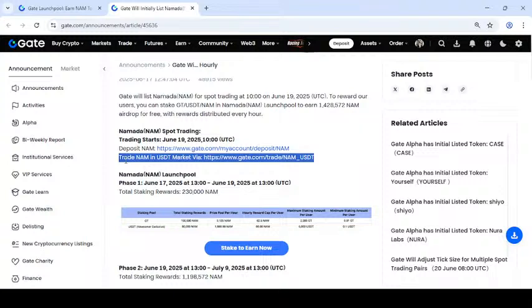Straight he will be our name Launchpool places and June 17 2025 at 13 June and the 19 2025 at 13 UTC.